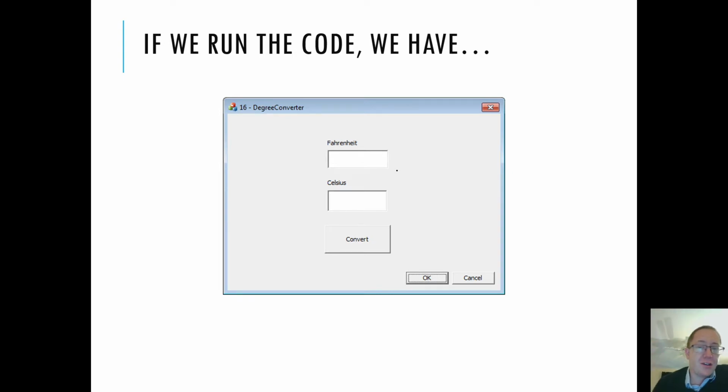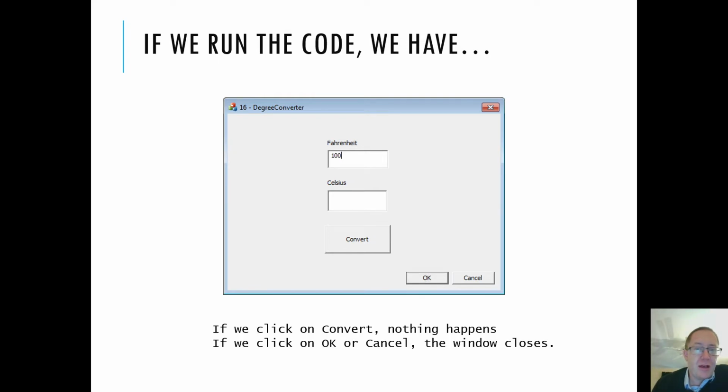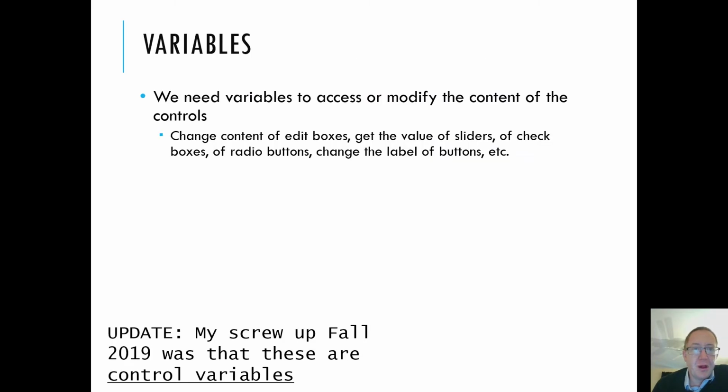So when I put some field into Fahrenheit and then press convert, I expect the field to go into Celsius, the value. So I put in 100, nothing happens, but OK and cancel do work, so the window at least closes. So we need some variables to access and modify the content,